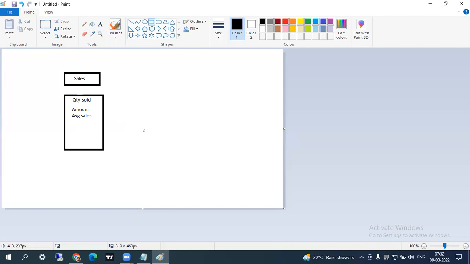And then, only if you capture these things, would it be enough? No, right? Here I will just capture the numbers. If you see those numbers, you don't know what is quantity, what is the amount and what is the average sales. So you need some descriptive things. All these numbers we say facts. Facts are measures of the business. If you want to describe the facts, there should be some descriptive things. Those descriptive things we say as dimensions.